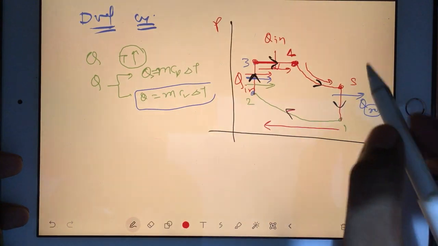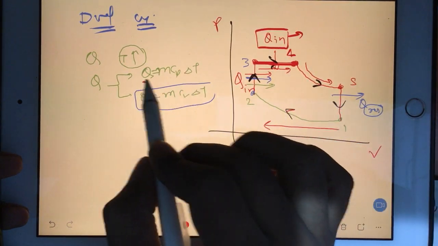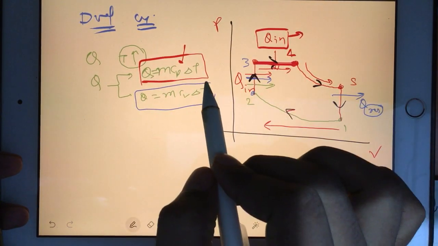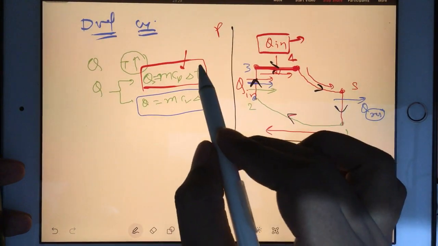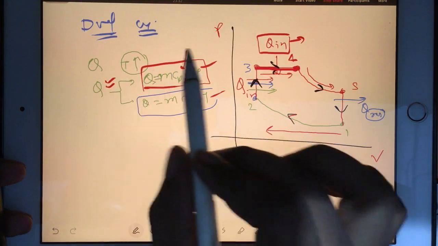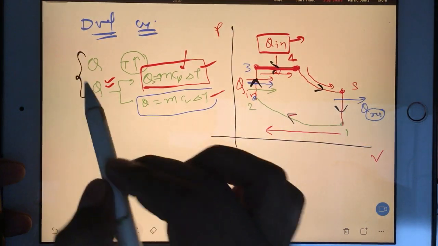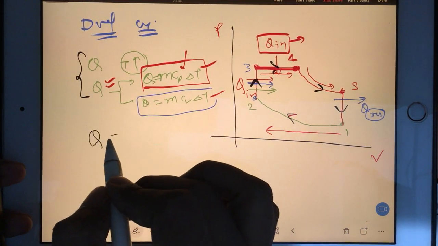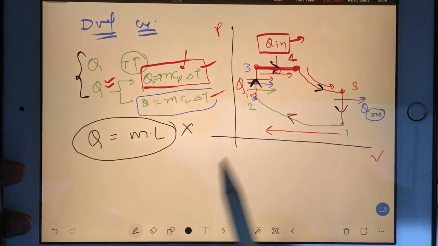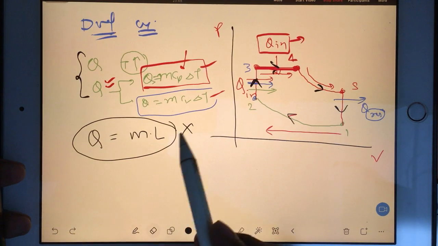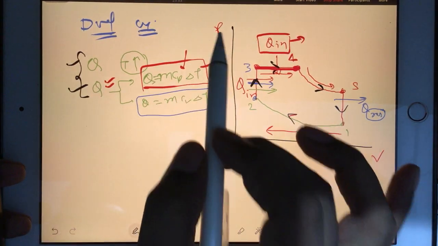One more thing: in this 3 to 4 section, the Q in formula will be m Cp delta T, because that heat you are adding at constant pressure. You should not be uncomfortable with these two formulas, and as a mechanical engineer you should be really comfortable with the physical feel of the formula. And always keep in mind, whenever there is a phase change, the temperature will not change, and then we have the formula Q = ml. Anyway, we are not going to use this formula in this kind of cycle process. So with these two formulas we can find out our heat.